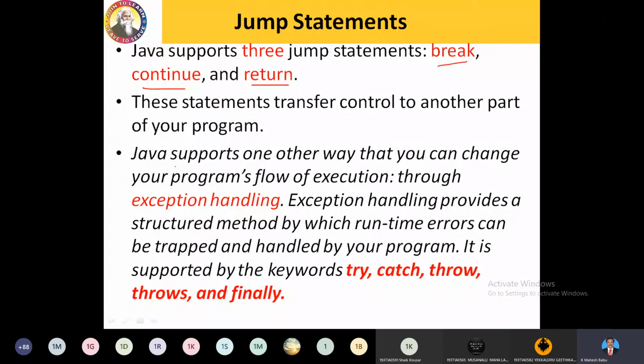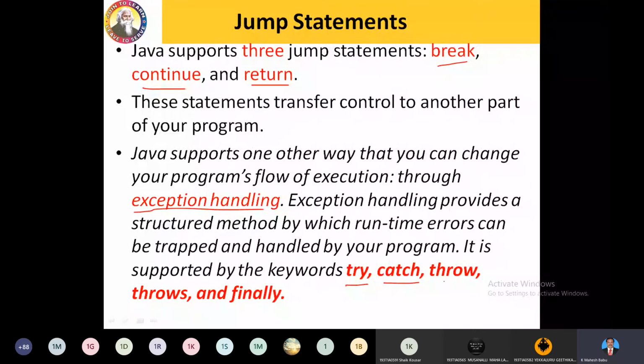And Java also has some more concepts, a new concept, exception handling. Here also it has certain jump statements, like we need to monitor inside try based on the statements mentioned inside the try block. If it is valid, okay, it executes. If there is any problem, it throws the values.